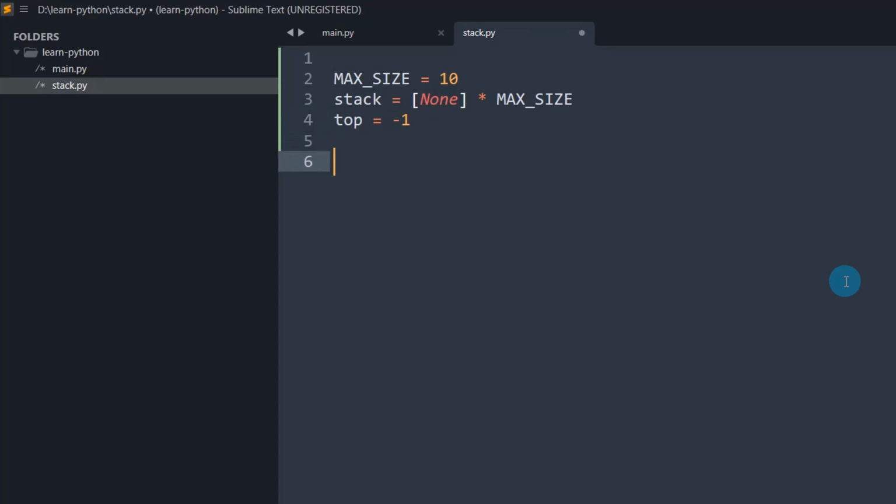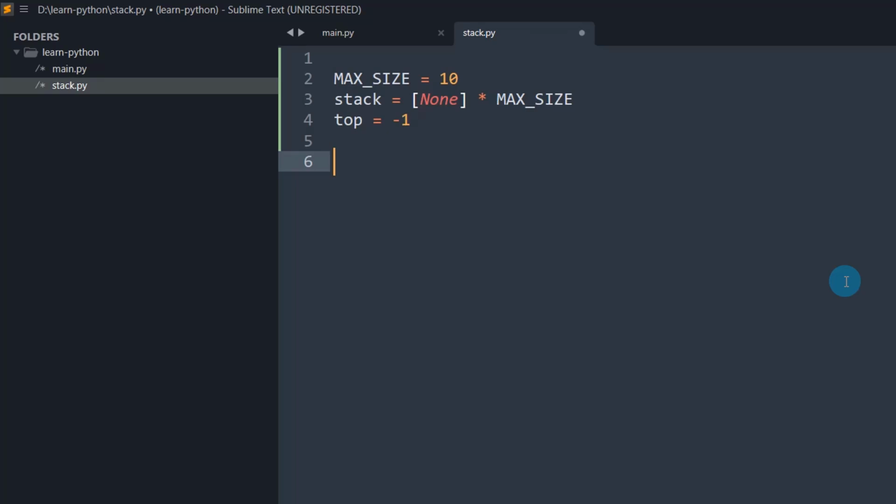As we discussed, the first element in the array starts at 0. When there are no elements on the stack, the top is pointing to nothing, correct? So let's initialize the top to -1. Whenever we are going to add a new element, we increment the top, that is top plus 1, then we add a new element onto the stack, right?